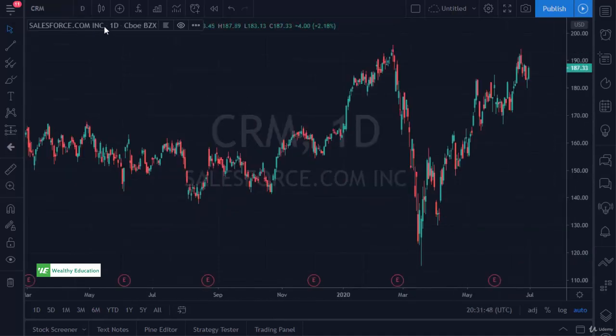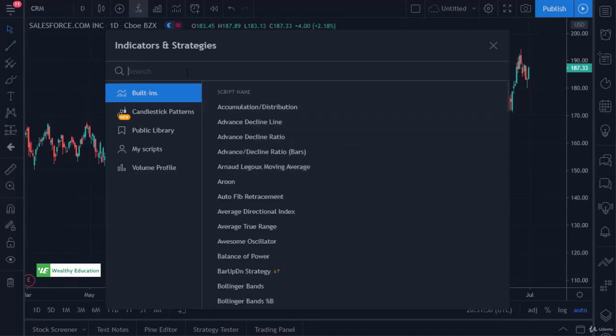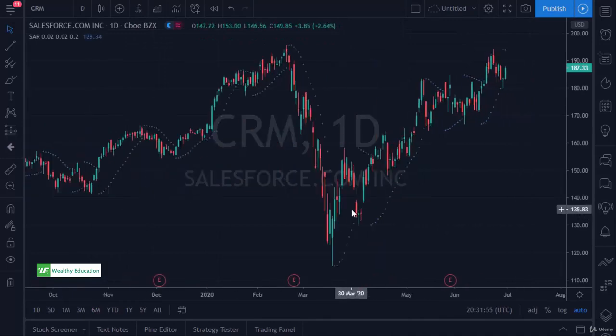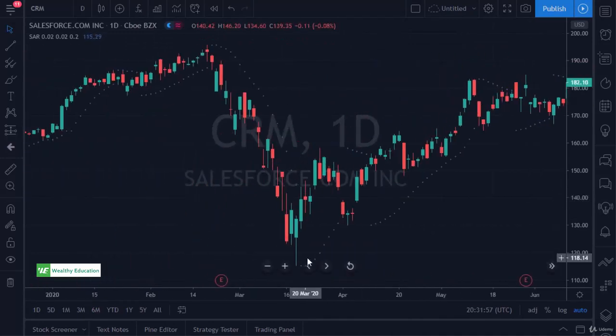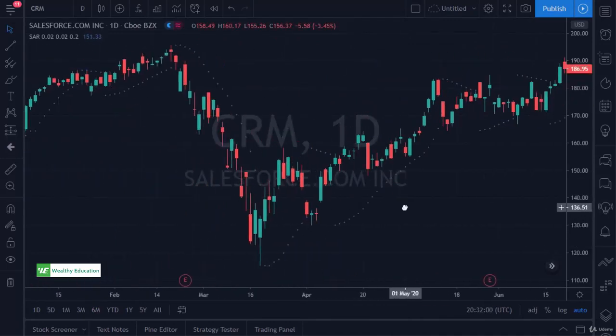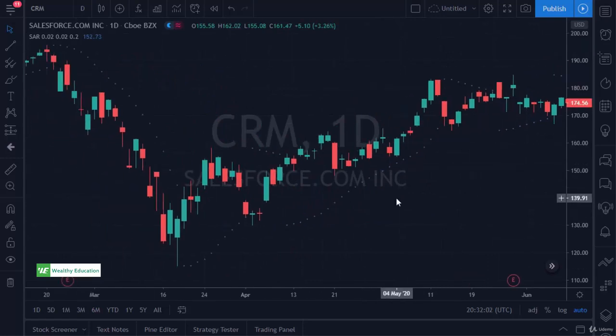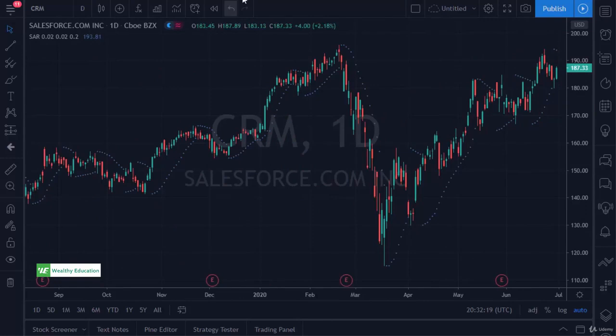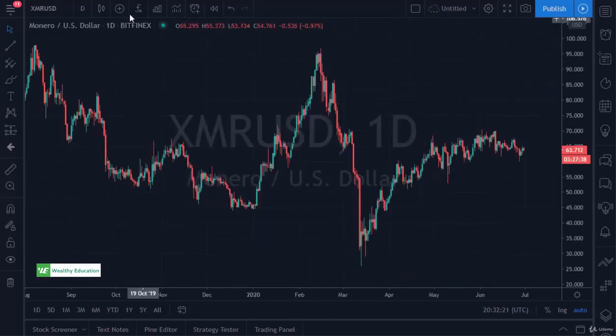This is the daily chart, and obviously you can use the Parabolic SAR on any time frame. It is valid regardless. Pretty wide swings of it. So at this point, if you're in an uptrend, then some traders will just simply look at this as time to get out when it shows that you should be selling. There's your stop loss. It continues to move higher and higher and higher, and so on. Pretty straightforward, really. And here in Monero,